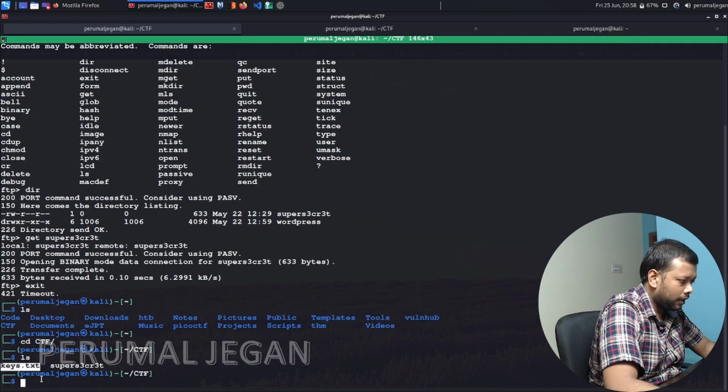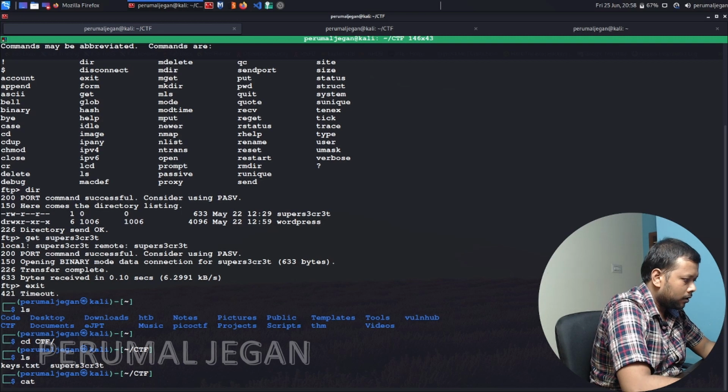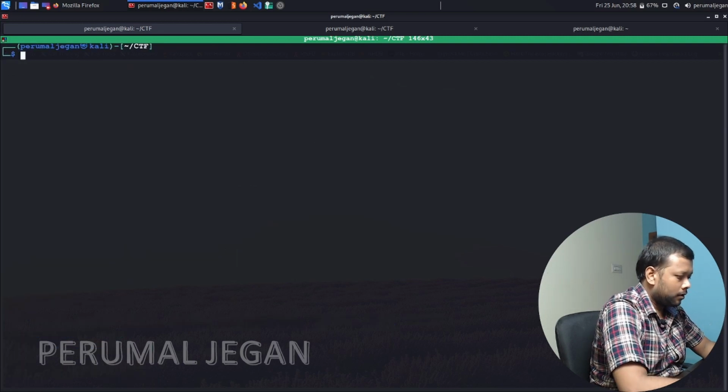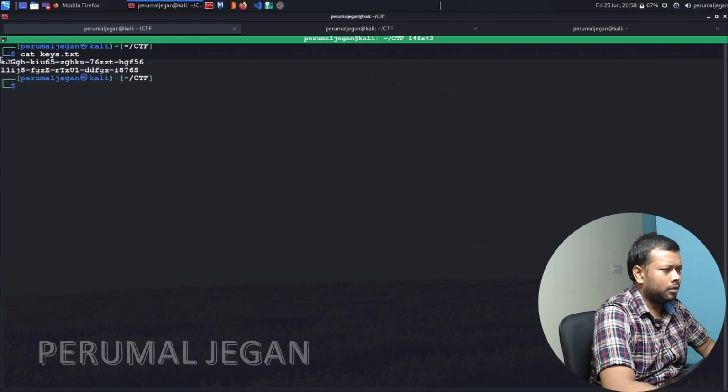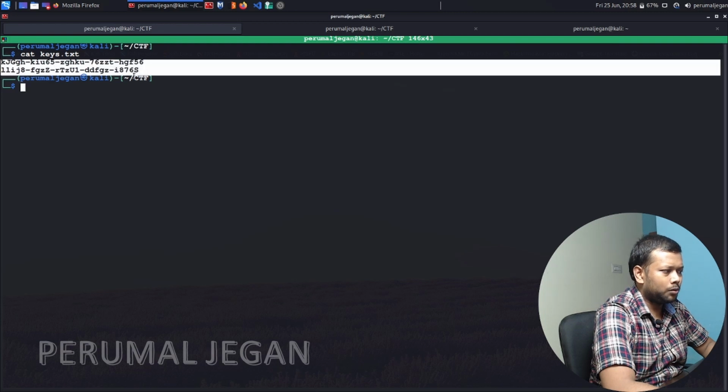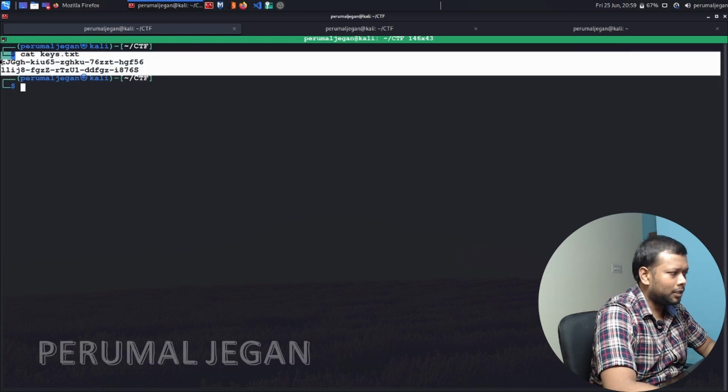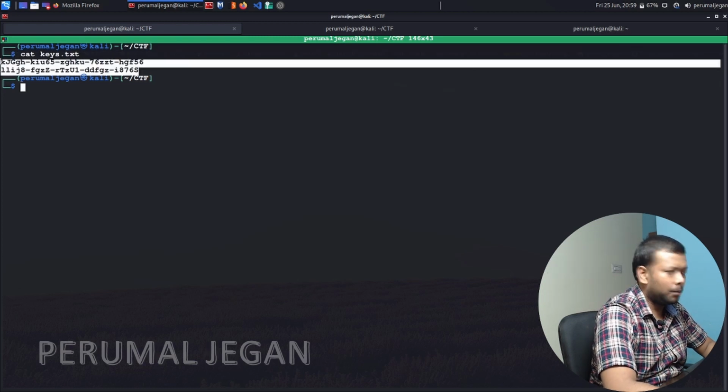Okay, I got the file here. cat keys.txt. Okay, I found two key values. I don't know what the purpose of these keys is, so just make a note. We got a couple of keys here.